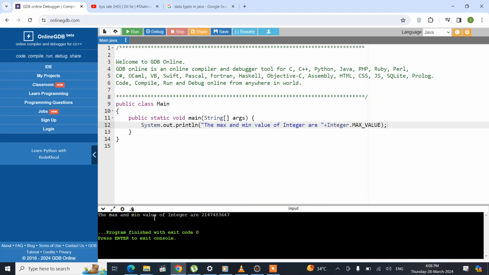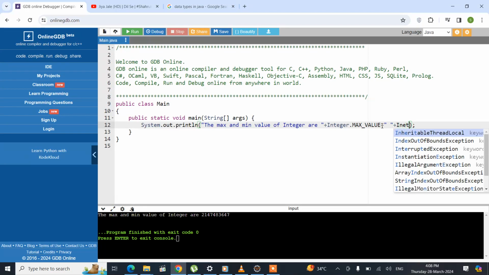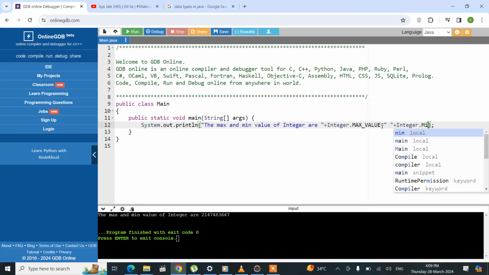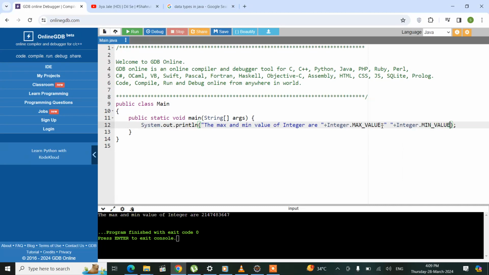Yeah, so the maximum value is something like this, and for the minimum value what we can do is let me give some spaces and write Integer.MIN_VALUE. Fine, let's run the program one more time. See, it's showing. Now to see the size of this particular integer, what we can do is